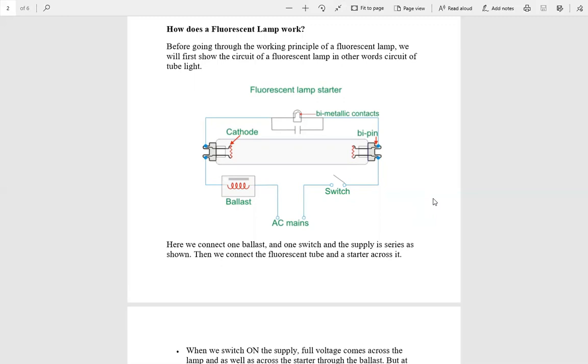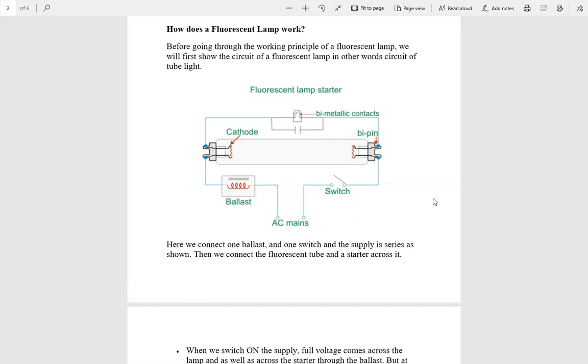Although the ionization potential of the neon is more than that of the argon, but still, due to small electrode gap, a high voltage gradient appears in the neon bulb and hence glow discharge gets started first in the starter. As soon as the current starts flowing through the touched contacts of the neon bulb of the starter, the voltage across the neon bulb gets reduced since the current causes a voltage drop across the inductor, that is the ballast.